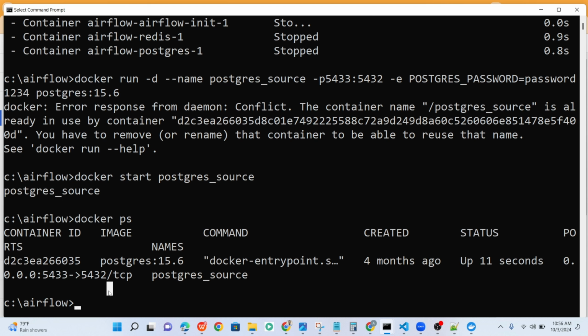And we want to set up a source from the GCS also. So this is how the flow is going to be like. We're going to move data from GCS to Postgres. Then the data sitting on Postgres, we want to move it